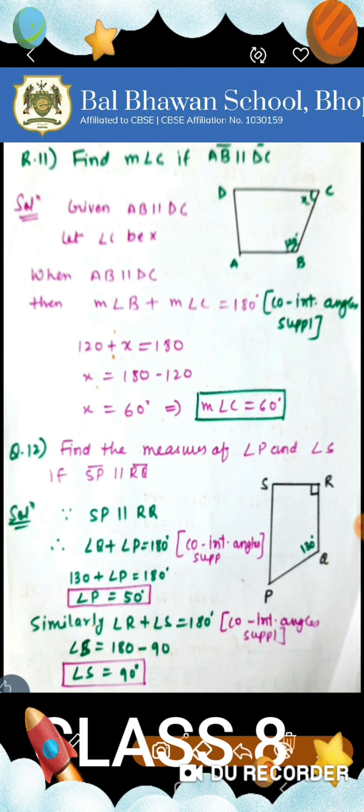So children, basically we have to learn the definition of a trapezium. All three questions which we solved are based on the trapezium. And what is a trapezium? A trapezium is a quadrilateral in which one pair of opposite sides is parallel. And when the sides are parallel, there will be a transversal which will form a pair of co-interior angles. And that pair of co-interior angles will be supplementary. So this concept is basically used in these three questions. I hope this concept is clear.